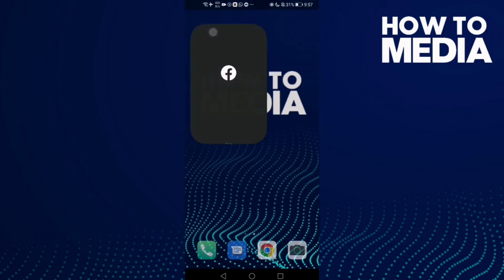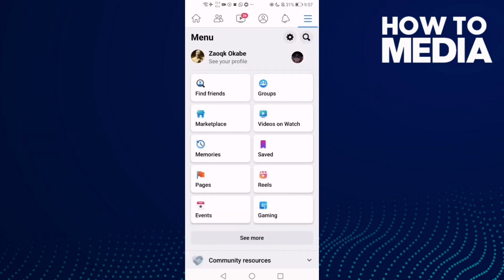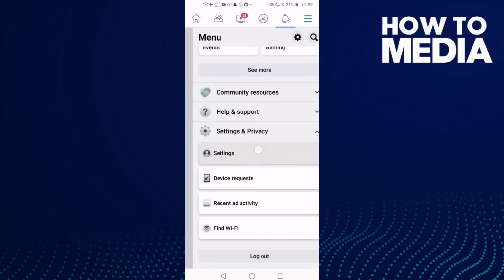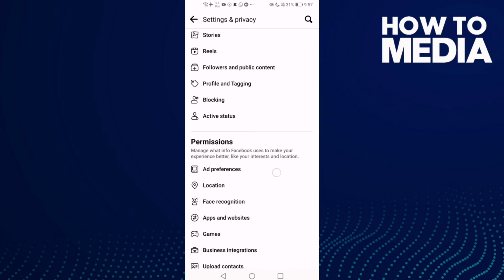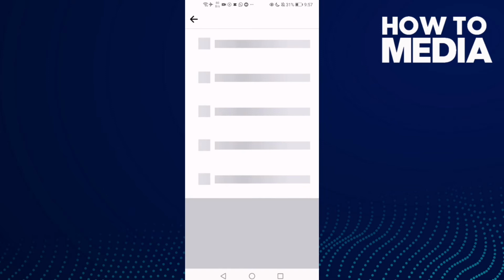First thing you're gonna do is go to Facebook and then click the storylines here in the top corner and go down until you find settings and privacy, and then click settings, and now go down and here you will find this one, activity log. Click on it